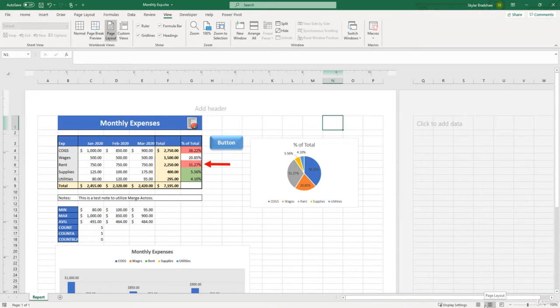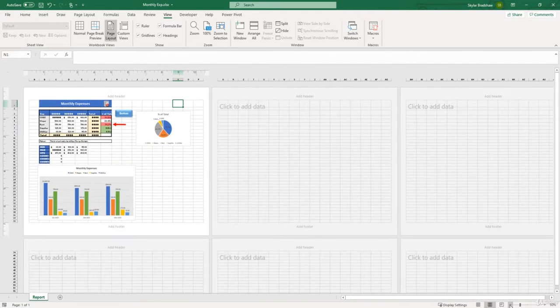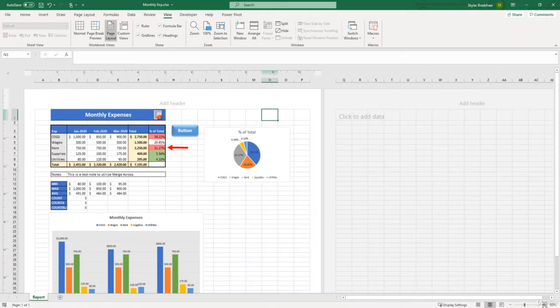I'm going to zoom out so we can get a better look of what the Page Layout view consists of. And each one of these blocks is what's going to be printed on that page. Now this might look like you have multiple sheets, but it's actually just the report sheet. This is just showing how each page is going to get printed. For example, if I zoom back in,